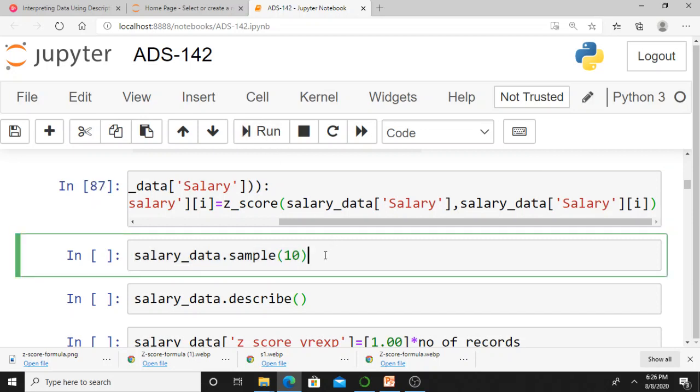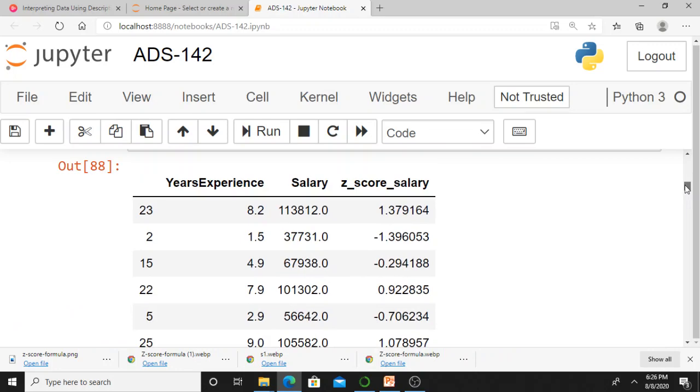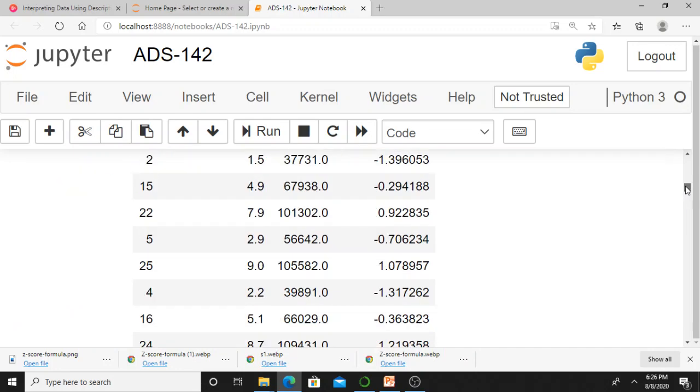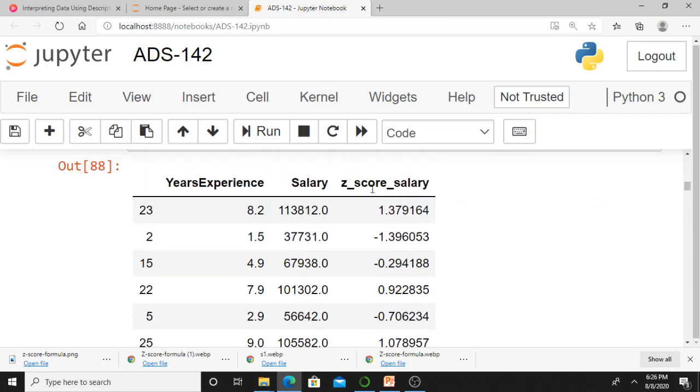Once you execute this bit of code, we will have all our salary data expressed in terms of Z score. You can check. Let me collect some sample 10 records. How can I get that sample? Just salary_data sample of 10. If you observe carefully, in Z score salary there are positive values as well as negative values, isn't it? You can learn a lot about a particular salary value just by looking at the Z score information.